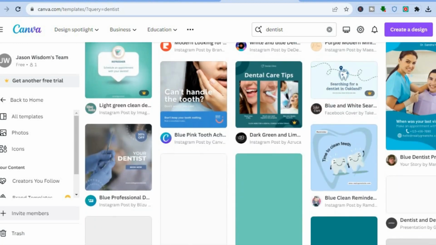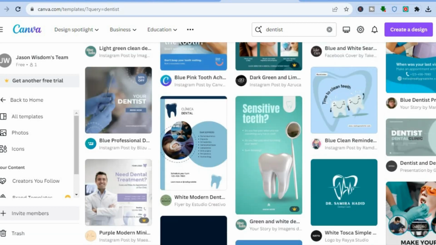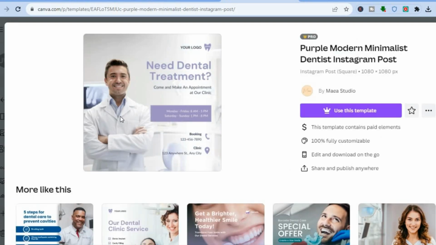Or you could scroll down, and if you prefer to use an ad copy like this, you could do that. As you can see right there, there are numerous ad copies that you can use that look very professional, and it is very easy to edit. After selecting any one of these, all you'll need to do is simply change out the phone number and probably the photo if you want, and you can also change out the opening hours and also the location, as you